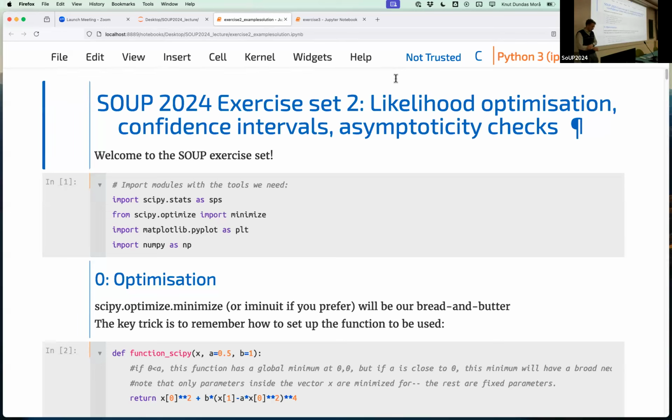Okay, are you ready? Are you ready for the last session of the day? One of the last sessions of the school. I didn't know it in English, but when the going gets tough, the tough get going. So here you are. Okay. So last and final session on statistics with the hands-on as usual. So let's follow Knut.